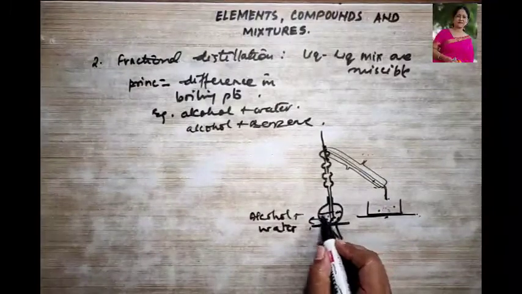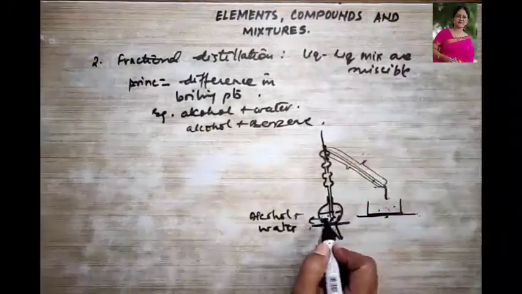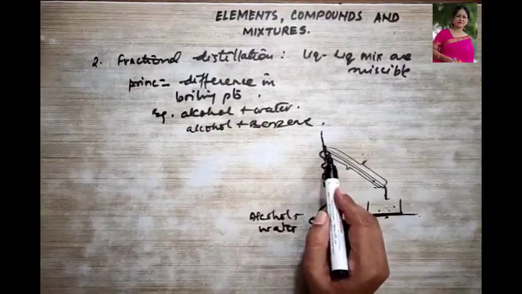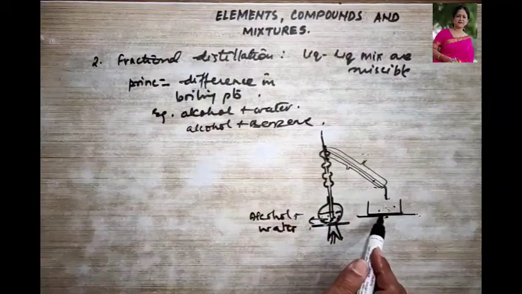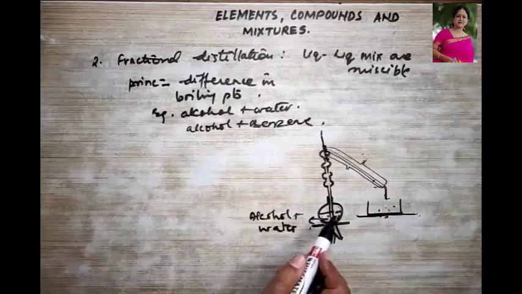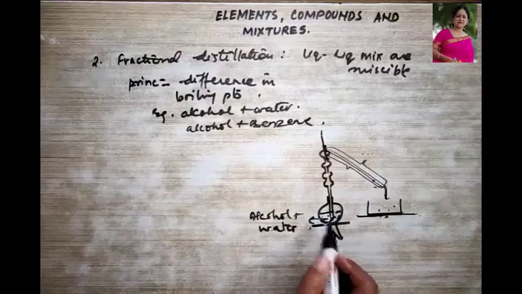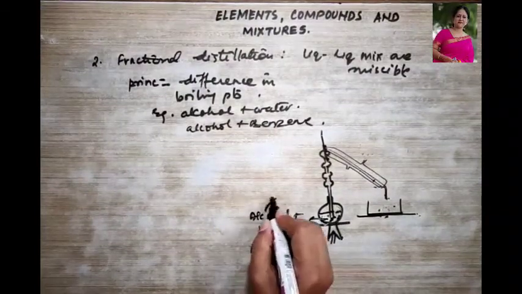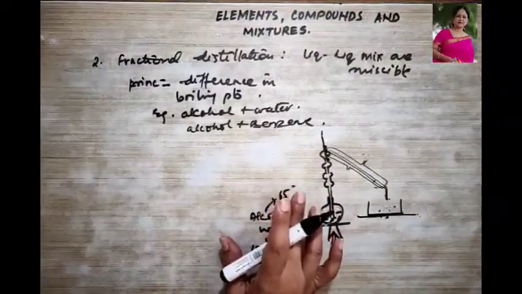Once again, we take the different mixture over here which is a miscible liquid mixture. We place the fractionating column and we place the thermometer over here. It is attached to the Liebig's condenser and we place the funnel over here. Now, when we start heating, what happens? These vapors start rising up. So suppose your water boils at 100 degrees, and suppose the alcohol boils at 65 degrees. Suppose, it's not exact, okay?